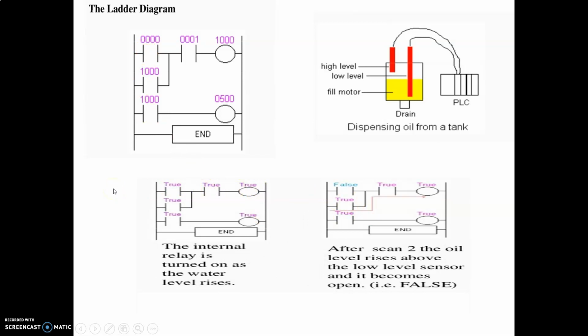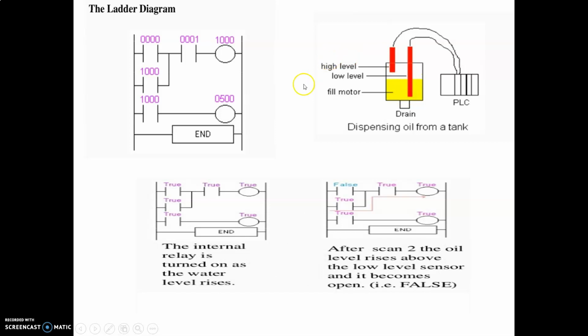So we will try to understand here step by step. Let's start with the first discussion. If you look here, the liquid level in the initial condition is below this low level sensor. Now what happens when the liquid is below the low level sensor,